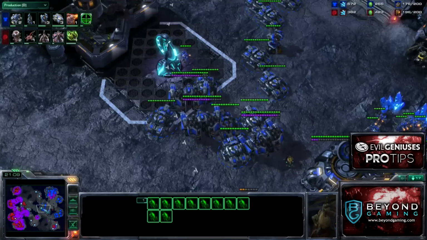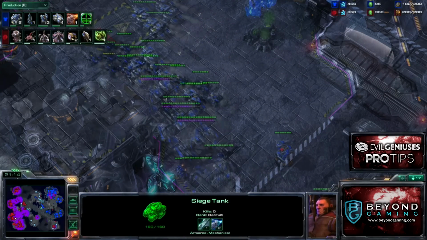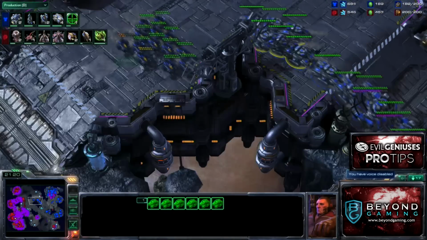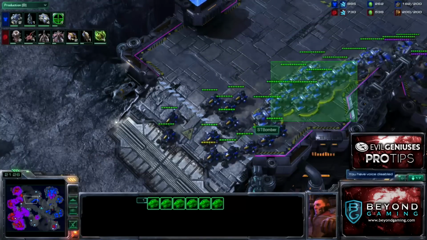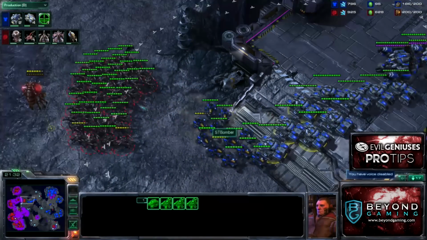Lots of infestors is very useful, obviously. However, he has enough tanks that Neural Parasite isn't going to be too useful. It's just I won't be able to get the infestors into range quickly enough to do any kind of real damage. And this attack moving in, I realize that he does have too many tanks for me to fight with